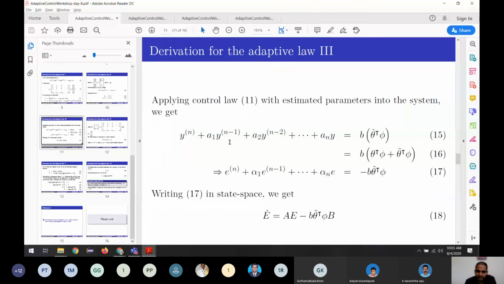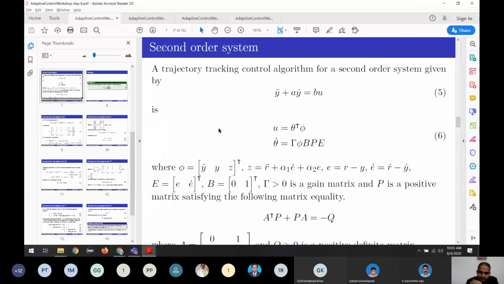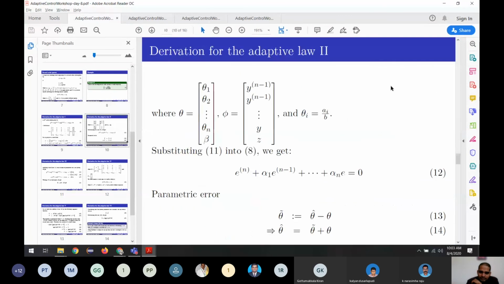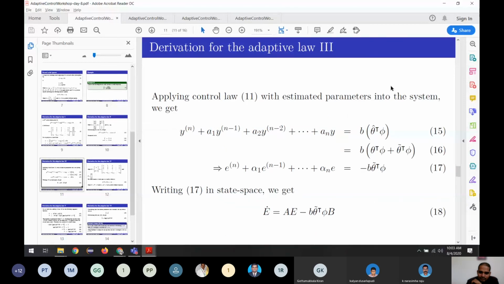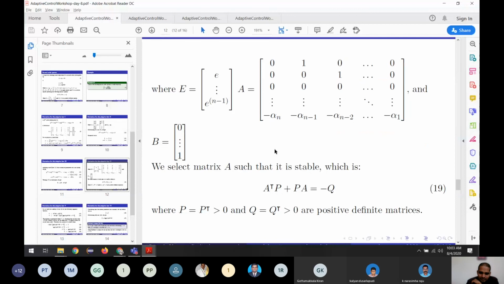I will show quickly the algorithm which we have seen. We said this one is the one which should be stable, and then we said the B is 0, 1. It is always 0, 1 because of the deduction we have done until now. So this is the A and this is the B.